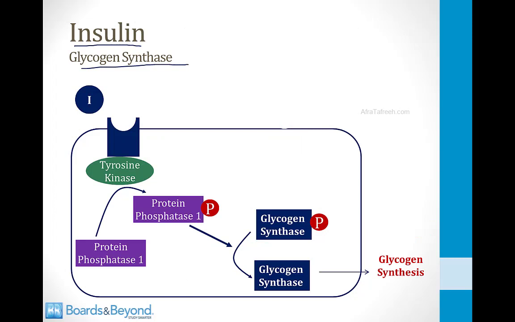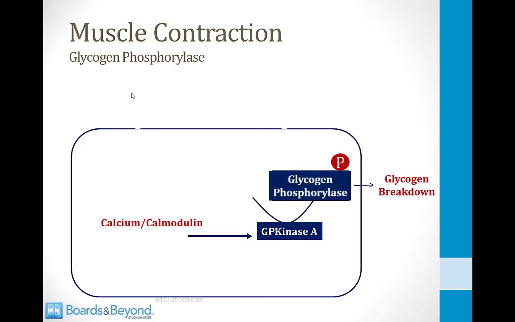It's the same process we saw before for phosphorylase. This results in a dephosphorylated enzyme, glycogen synthase, and the dephosphorylated enzyme is more functional, and therefore it carries out glycogen synthesis for insulin. Now, you should be aware that inside muscles, there is a way to activate glycogen phosphorylase